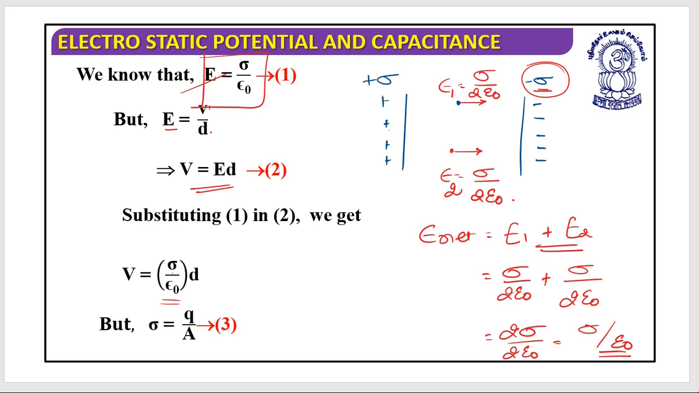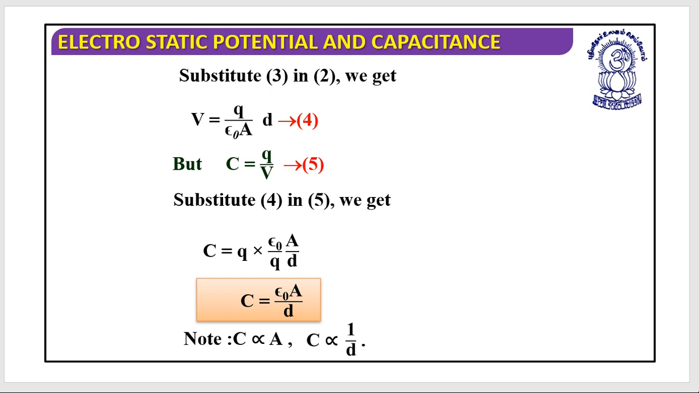Now what is the value of sigma? That I know, sigma is equals to Q by A. It's the surface charge density. So let's put in the value of this. V is equals to Q by epsilon naught A into D. So if we replace the value, this is the V, and if I need to find out the C, C is equals to Q by V. So if I put the value and solve it, then what I have is C is equals to epsilon naught into A divided by D,